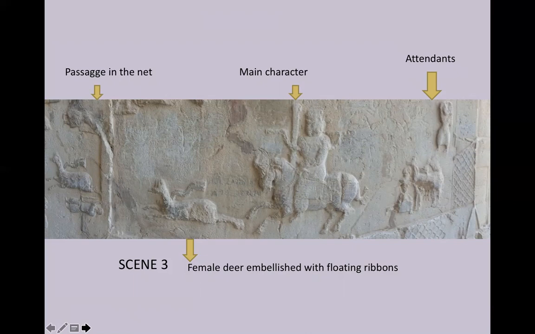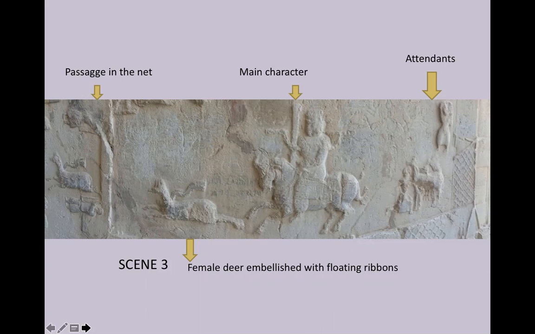And there are two attendants on the left of this slide who are opening the enclosure, the hunting park of a king, which is a net. If you look on the right, you can see that there is a kind of lattice pattern. So these people are lifting it apart and allowing this animal to pass through without any trouble. And there are some attendants of the king on the right who are actually embellishing this animal.